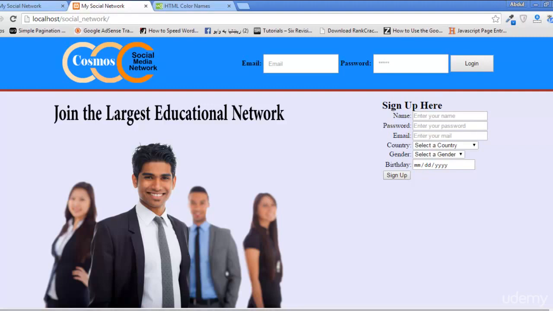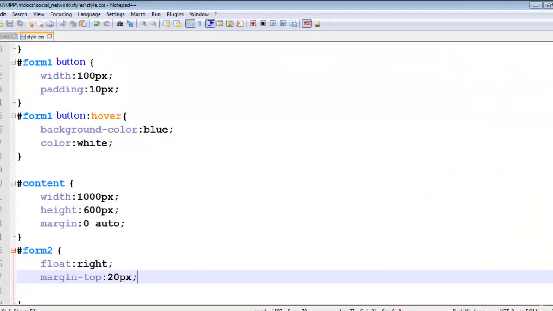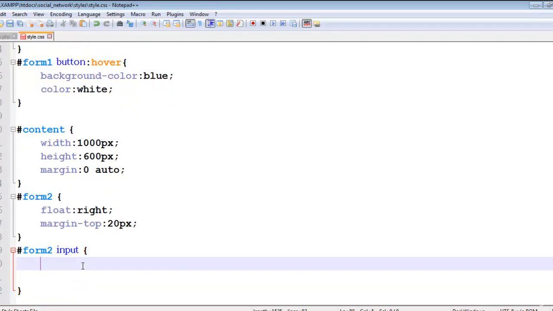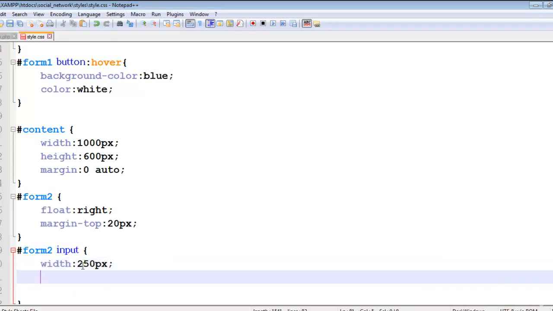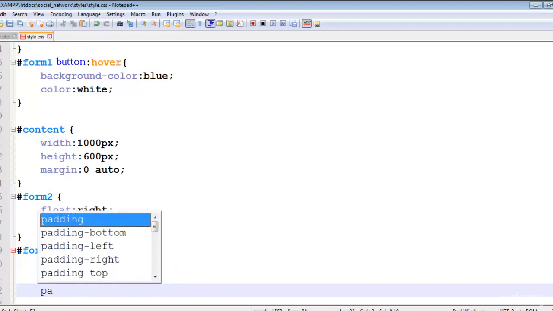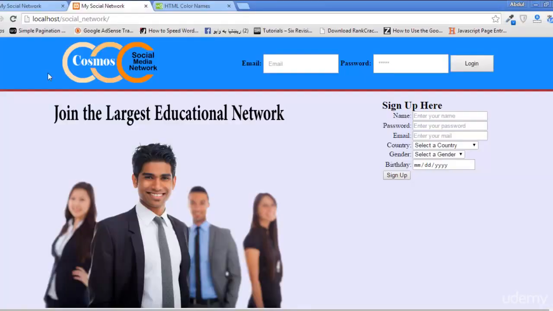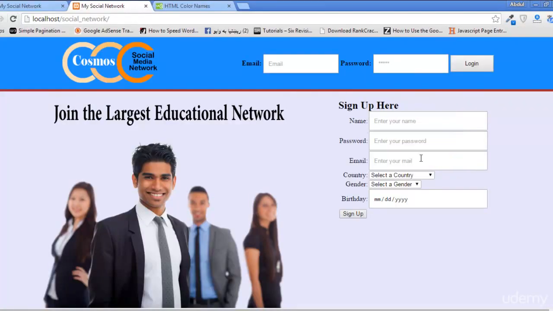And the next thing is now to just say form 2 input, inside input tags inside the form 2. Width will be 250 pixel, height will be 20 pixels, padding will be 10 pixels. Control S to save and refresh the page. You see these nice buttons right there,